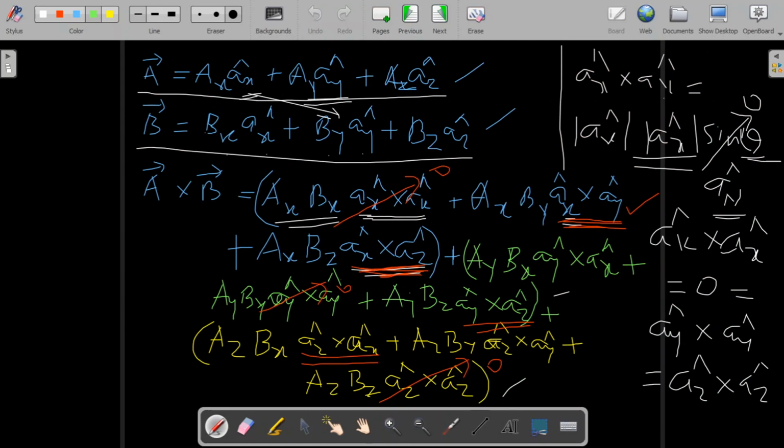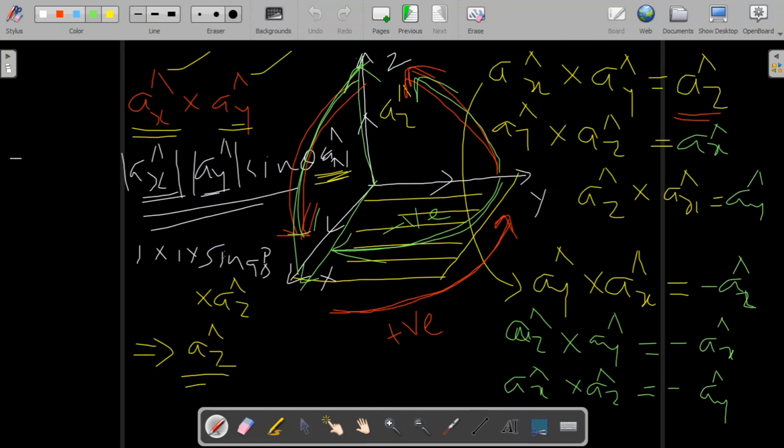Okay, so what is ax cap cross ay cap? Yes, it is positive az cap. So please substitute here az cap, and similarly in each place substitute these. If you substitute, you will end up with equations like